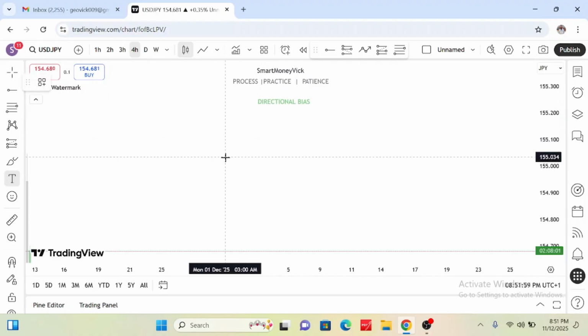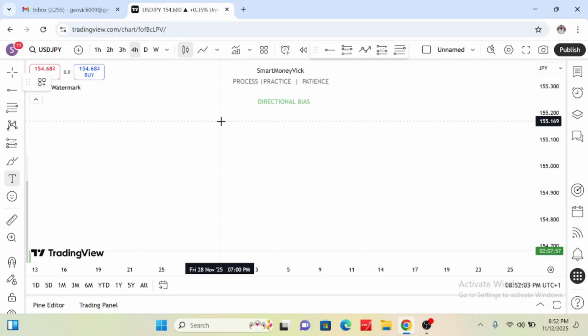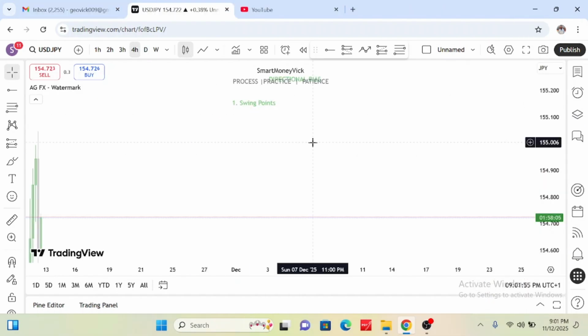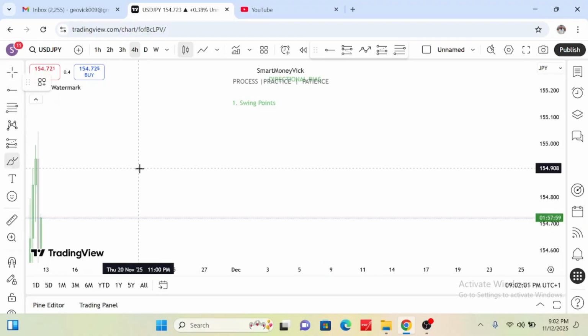Alright, I like to start by saying that I have various ways in which I approach the market in terms of bias. But in today's video, I'll be sharing my top 3 with you guys. So pay close attention. The first concept we are going to be talking about is swing points. So what are swing points? Swing points are basically,